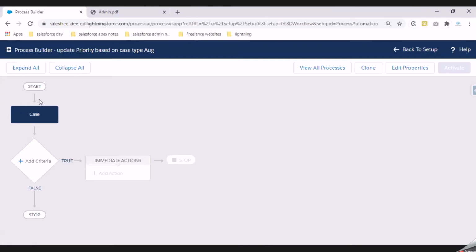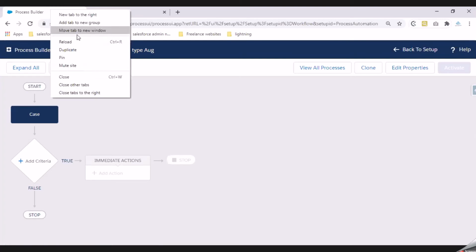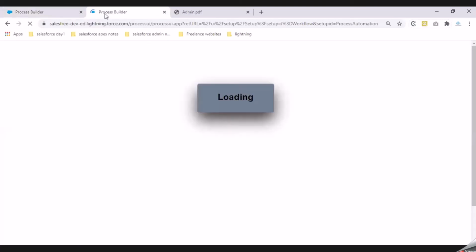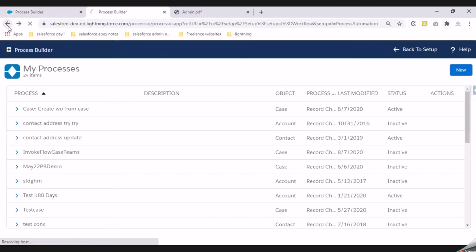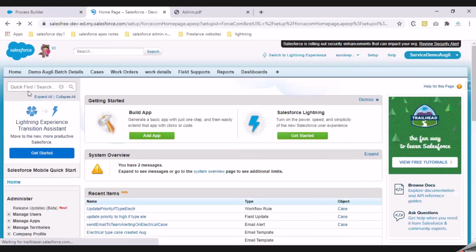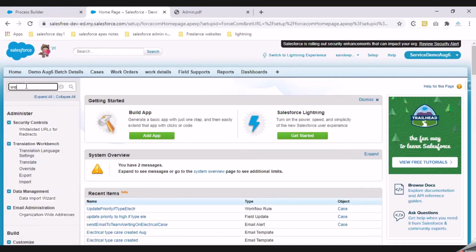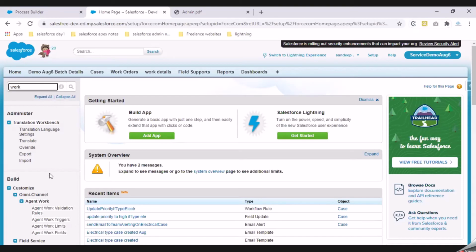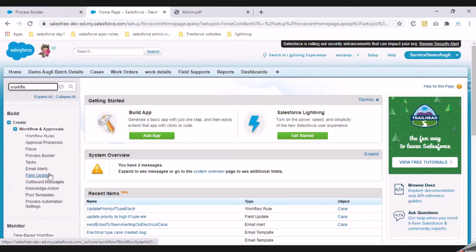Now we have told the system that it needs to look at the record changes. What record changes? The case object record changes is what we have told the system. All right. The next thing that we have is deciding the rule criteria. It is similar to what we have done in our workflow rule. So I'll quickly bring up the workflow rule that we configured earlier so that I can relate these two things and you will be able to understand it a little better.